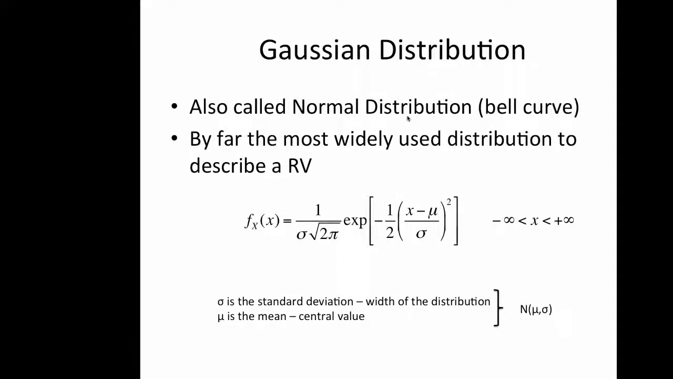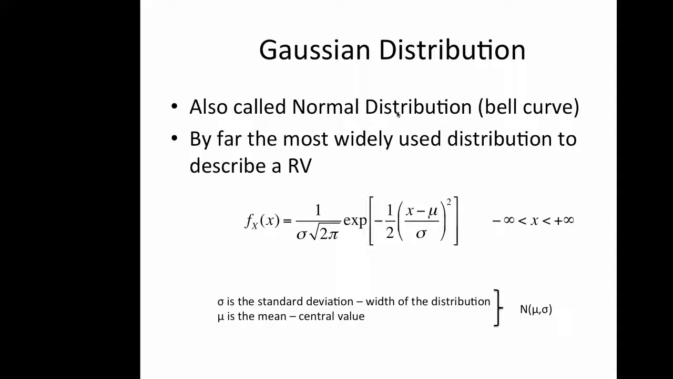Now we're going to be turning our attention to useful distributions. The first and most common distribution that we will be using is the Gaussian distribution. The Gaussian distribution is also called the normal distribution, and you've probably heard it referred to as things like a bell curve. It's by far the most widely used distribution to describe a random variable, simply because it is very